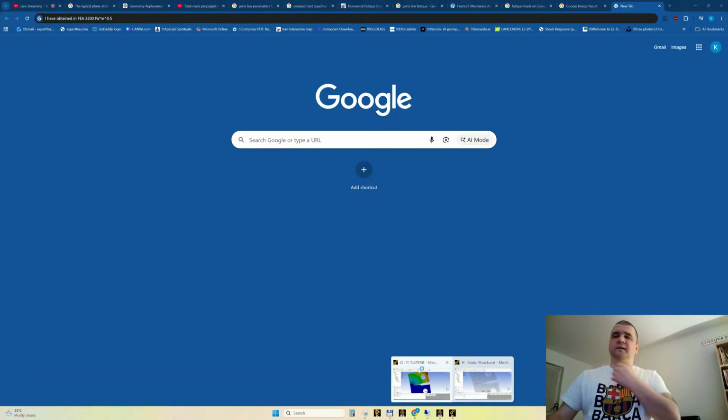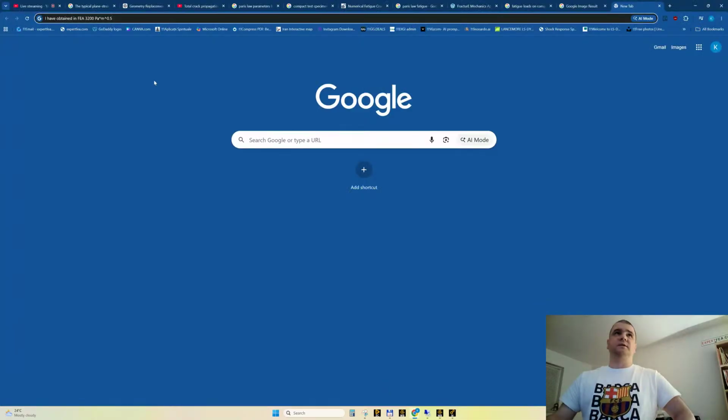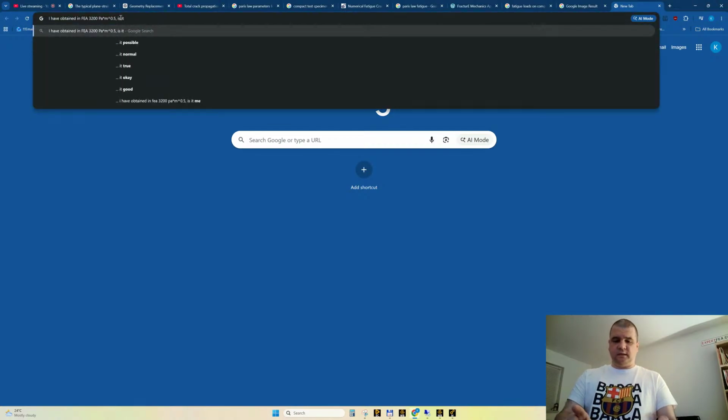Let's close the FEA that we had in the past. And we're focusing on Pascal multiplied with square meters. Attention, yes, Pascal multiplied with square meter, obtained in the FEA. Is it